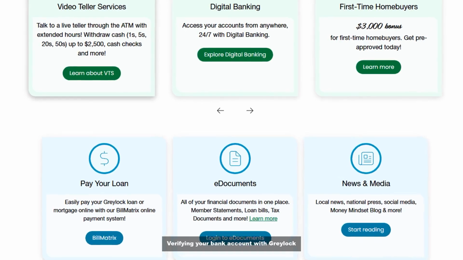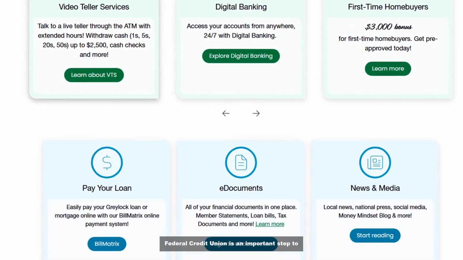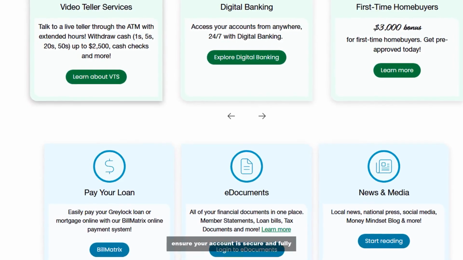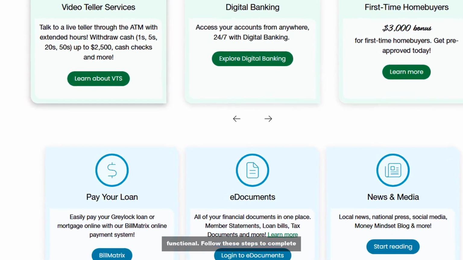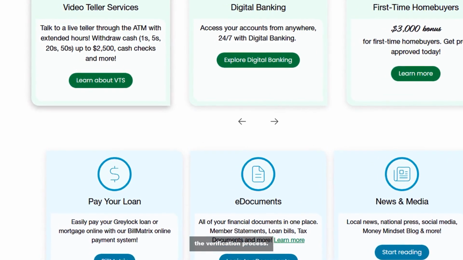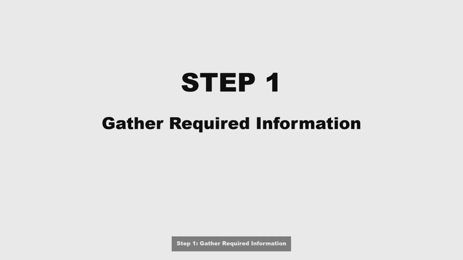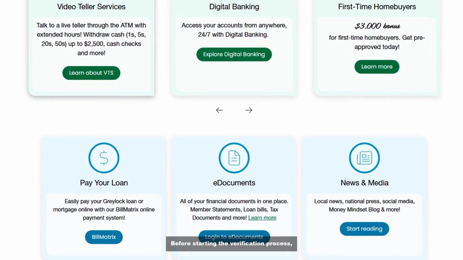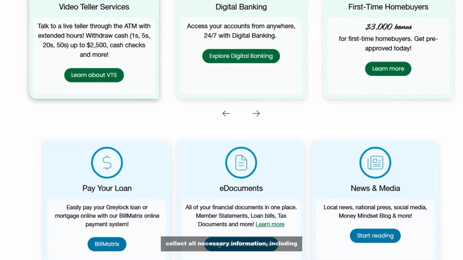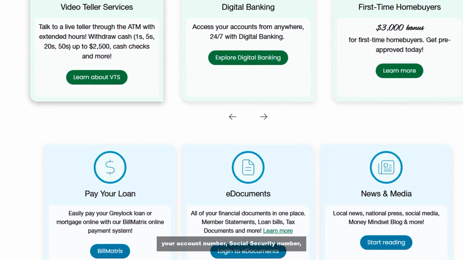Verifying your bank account with Greylock Federal Credit Union is an important step to ensure your account is secure and fully functional. Follow these steps to complete the verification process. Step 1. Gather required information. Before starting the verification process, collect all necessary information, including your account number, social security number, and any identification documents